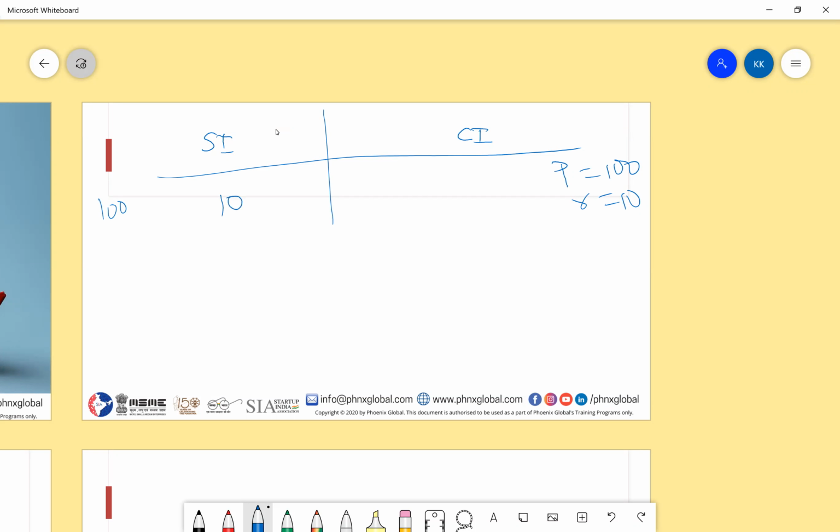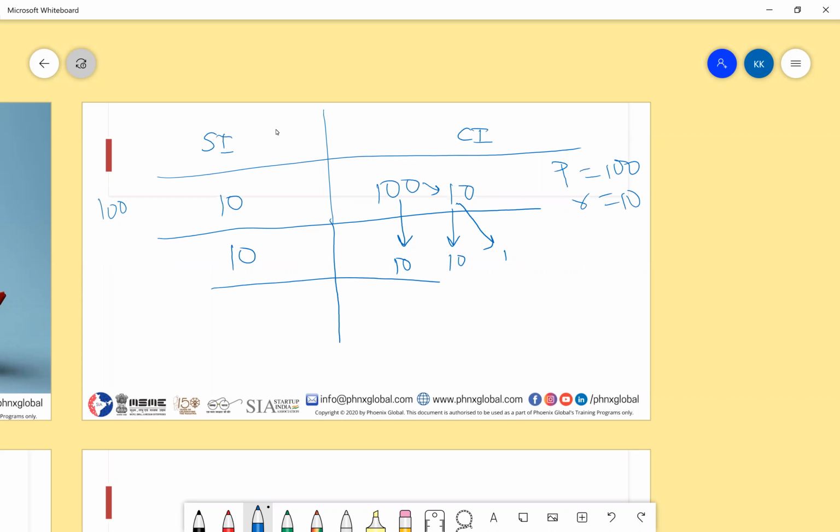Now, moving forward. What will be the simple interest for the second year? 10 rupees. Compound interest? 11 rupees. Now I have a very interesting thing on looking at it, and that is we had our 100 from which we derived our 10. Now what happens is we get the interest of this, and we get the interest of this, and this gets carried forward. This is how it works. This was the first year, this is the second year. Now going to the third year.